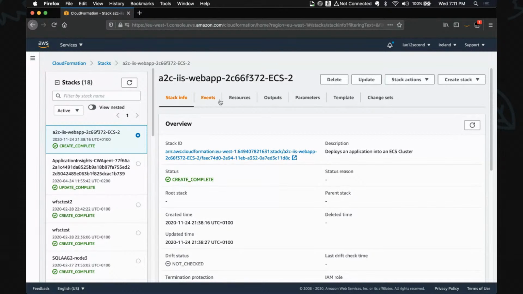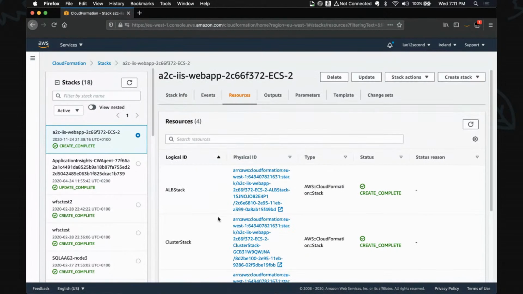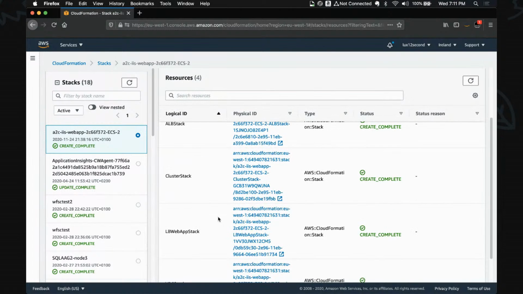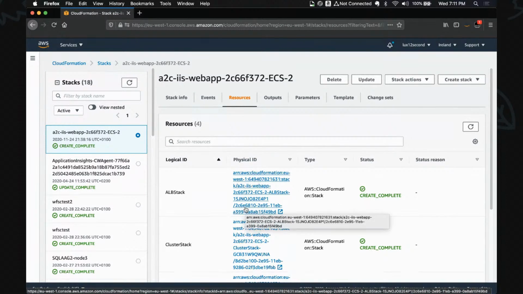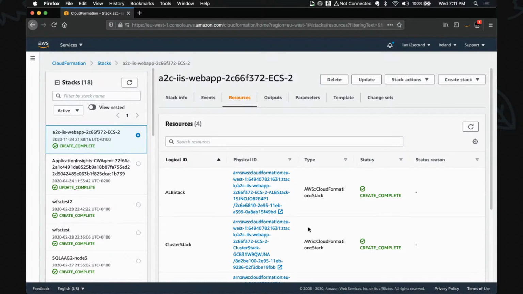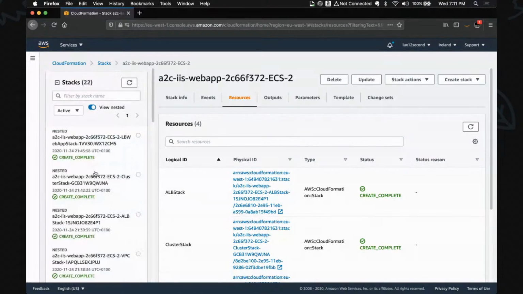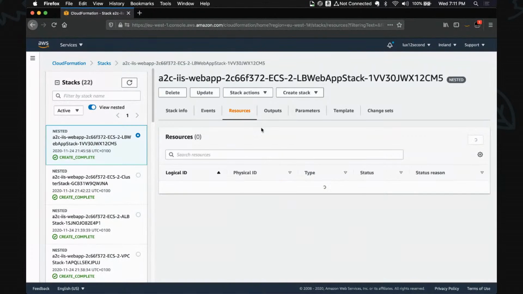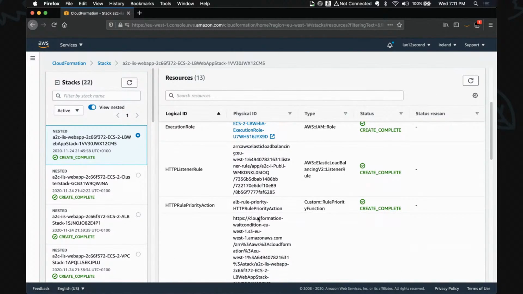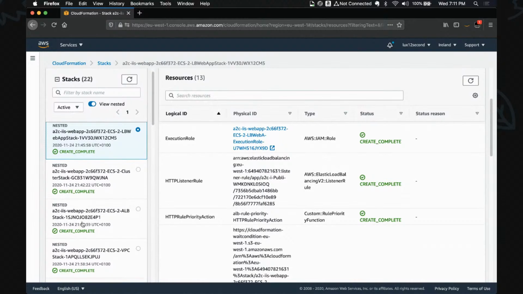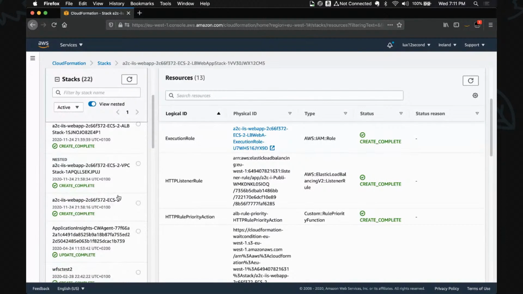If you check the resources that are created by it, you will see it deploys other CloudFormation stacks. As you may know, with CloudFormation, you can use nested stacks. So you have a parent stack, and the parent stack deploys the child stacks. If you see the details of the nested stacks, each stack deploys a different part of this architecture. One of them creates the network.